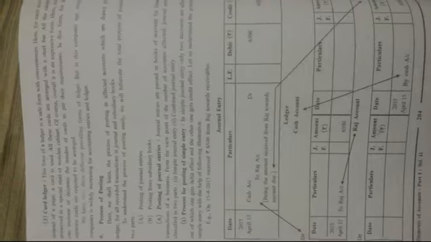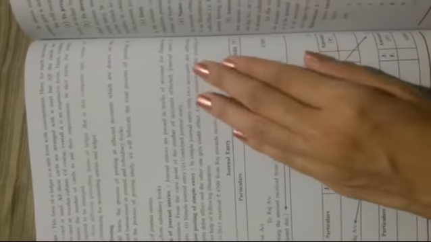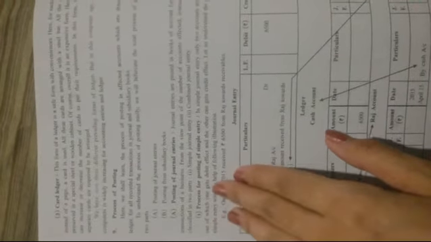Journal entries are passed in the books of accounts for the financial transactions of a business. You have already learned how to pass the journal entries, correct? From the viewpoint of the number of accounts affected, journal entry is classified into two parts, that is simple journal entry and the combined journal entry. Now let us look at the process of posting of simple journal entries. In a simple journal entry, only two accounts are affected, out of which one gets the debit effect and the other one gets the credit effect.